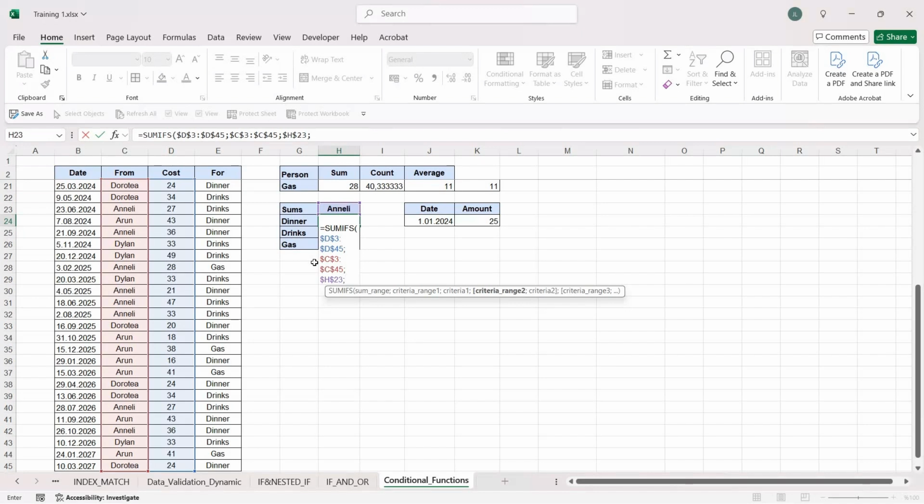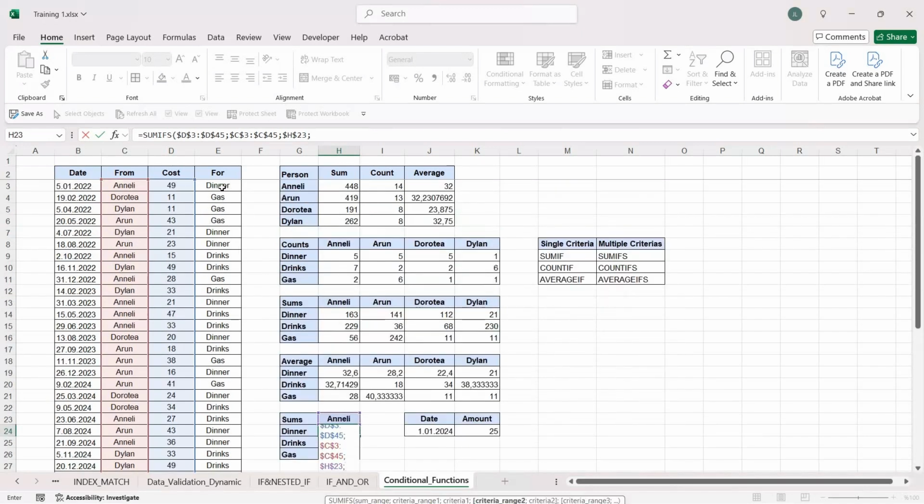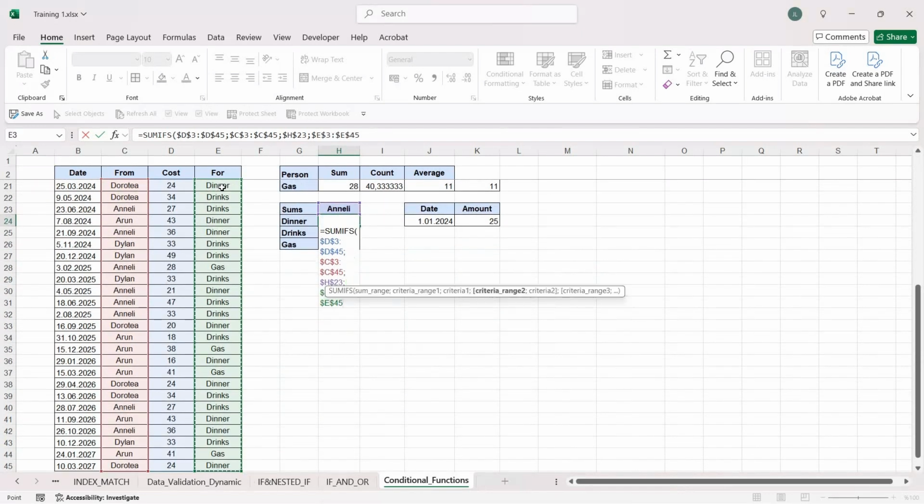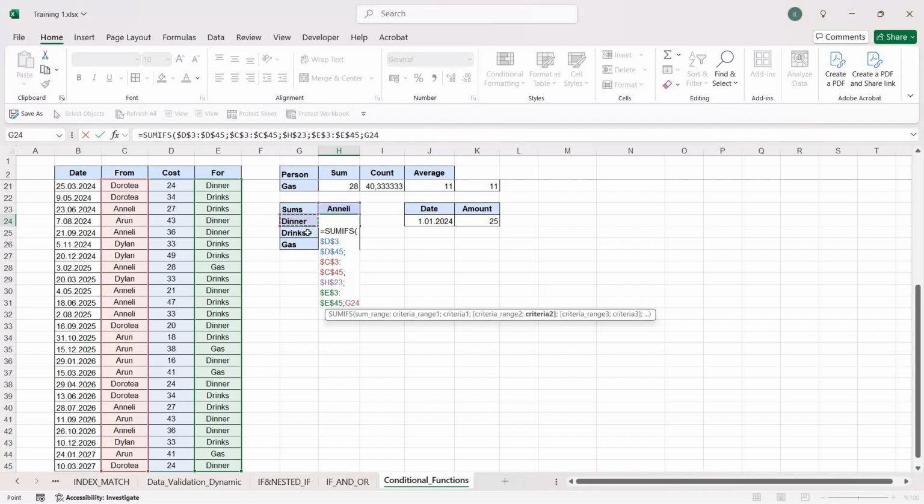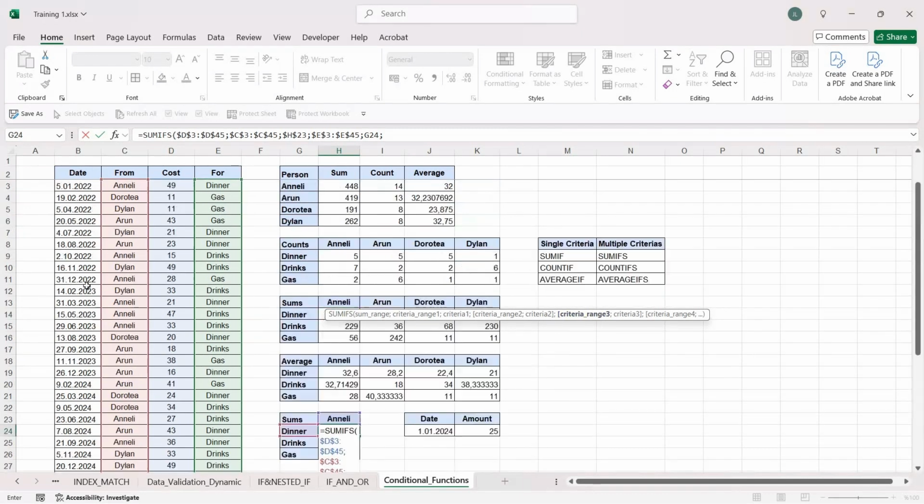Put your delimiter, and then let's start with the cost item array, and then choose for each cost item. Now let's go for the criteria number 3, which is the date. Choose the range 3, which is the date array,